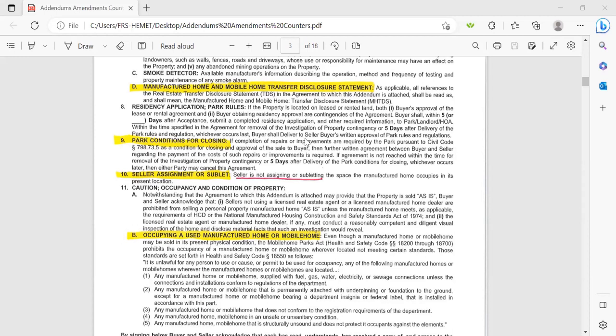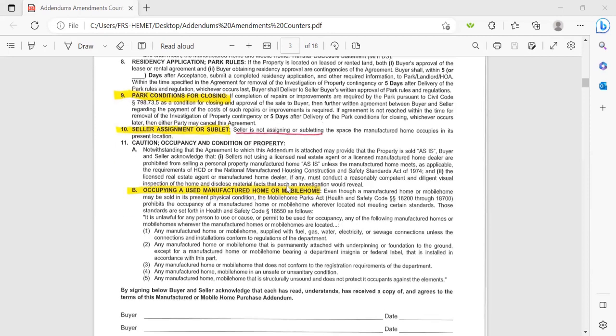And you can see, since this is an amendment to the contract, this becomes part of the contract. That has to be done. Here it says, 5 days after delivery, they need to decide whether they want to cancel this agreement or not. So right now it's an agreement. You have to deliver those things to them within 5 days, and they have 5 days after delivery to decide